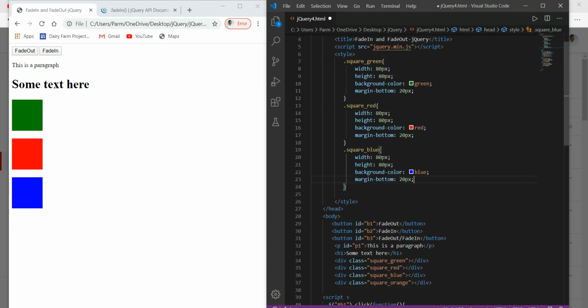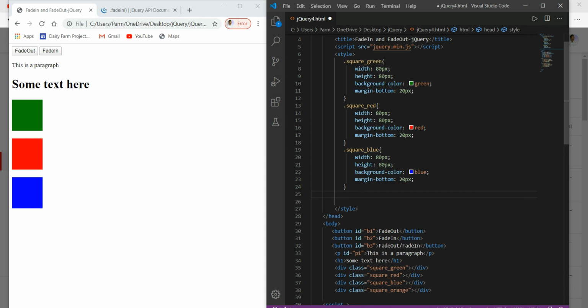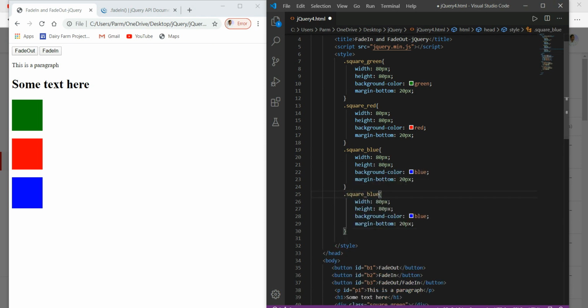I copy these contents again, Control C, and paste it, and this time I just want to make it orange. I'm changing the width and height of this in points, and the background as orange.